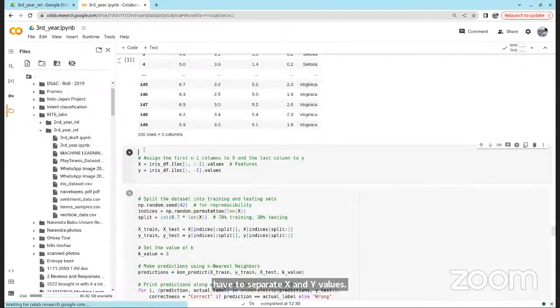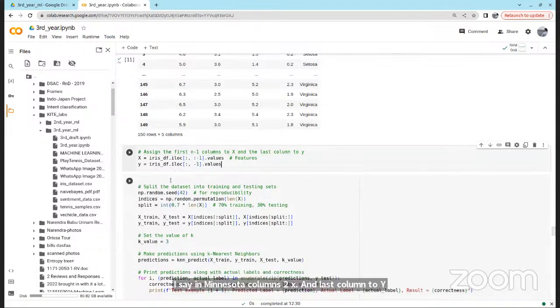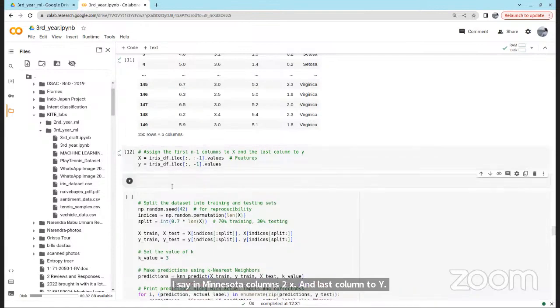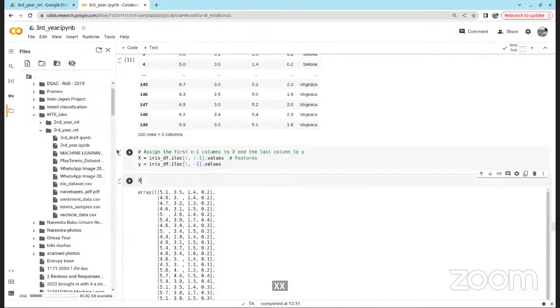Assign n minus 1 columns to X and the last column to Y. Let's run this. X is this, your file, and comma, Y is this.